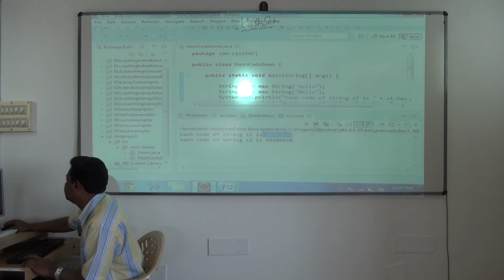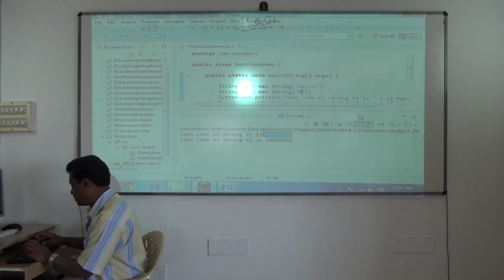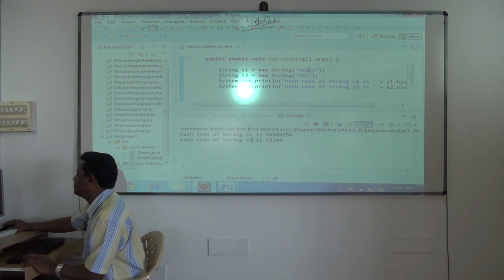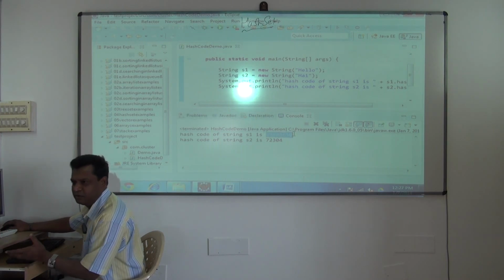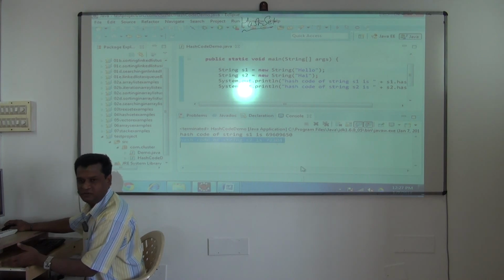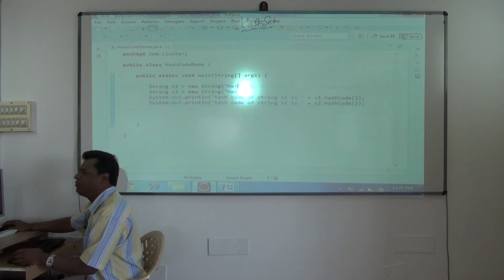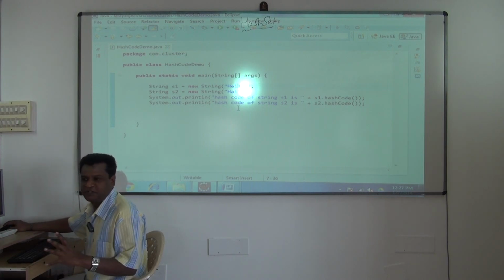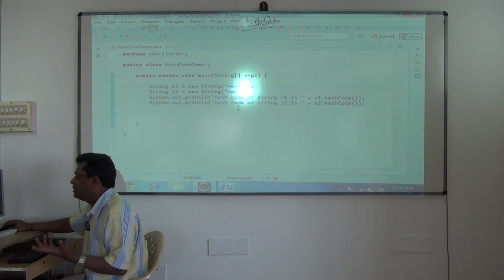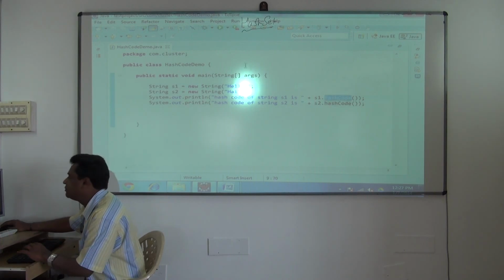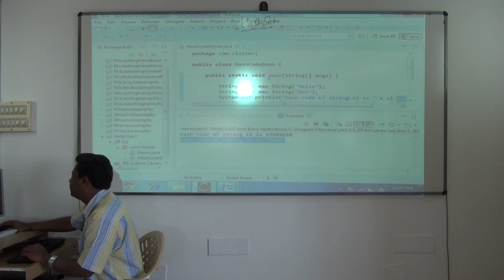So you can see both are okay. I just used hi. See, the hash code of hello is this much, some value, don't worry what it is. And the hash code of hi is 72304 or something. Fine. And don't think it will be the same in every JVM. On your machine you might get a different output, but just understand this hashCode method is returning some integer value. Fine. So after that, what I'll do is